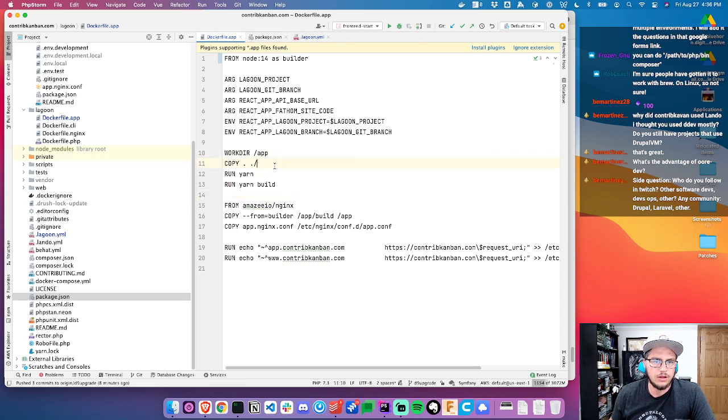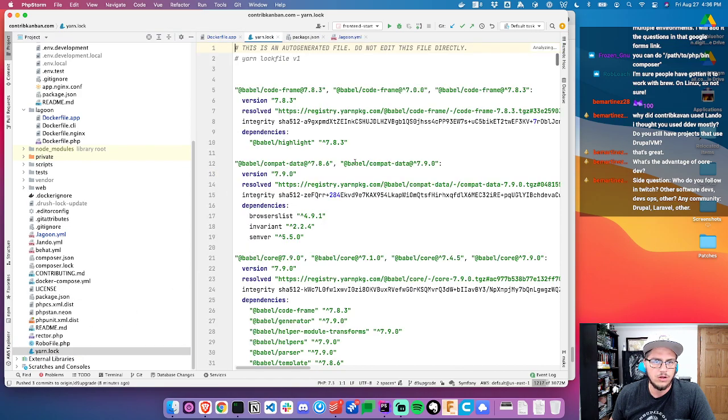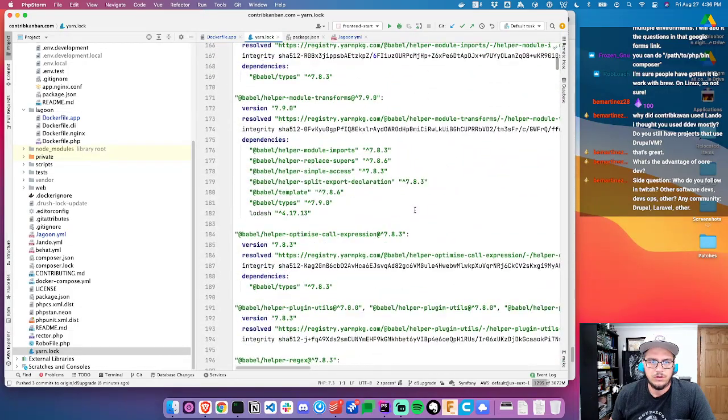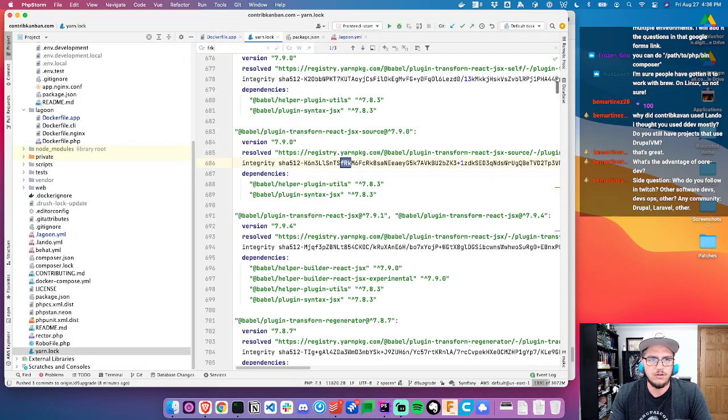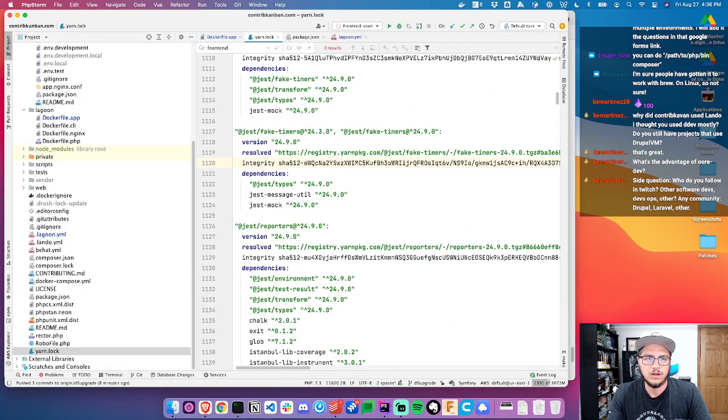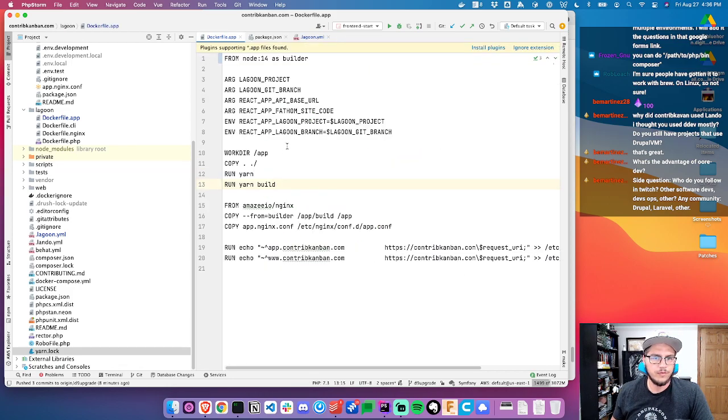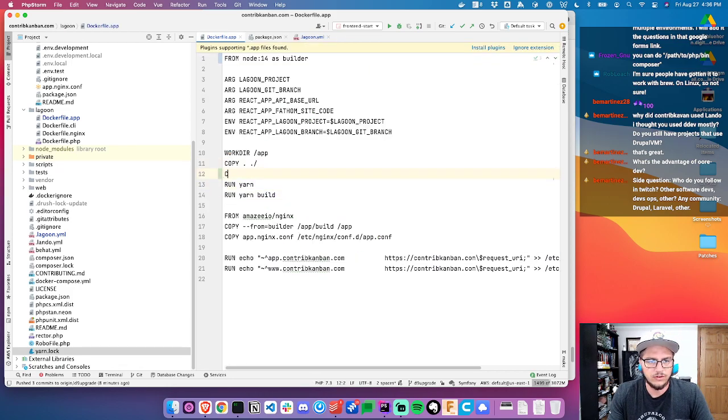So we copy this, then run yarn and yarn build. I wonder if I can. So what I should be able to do is